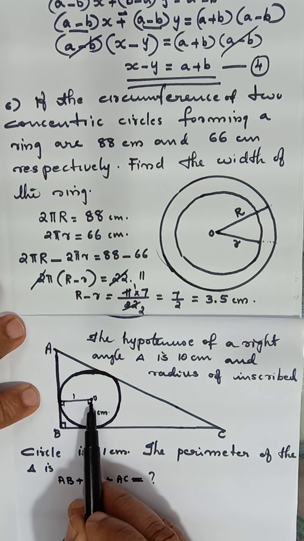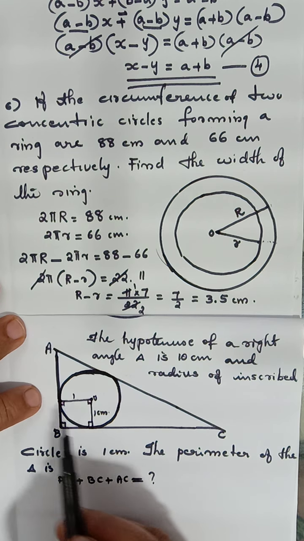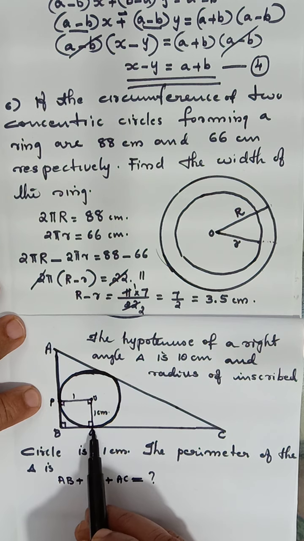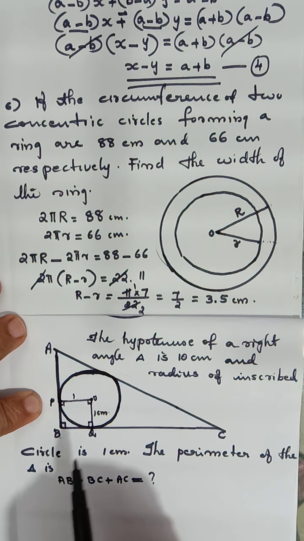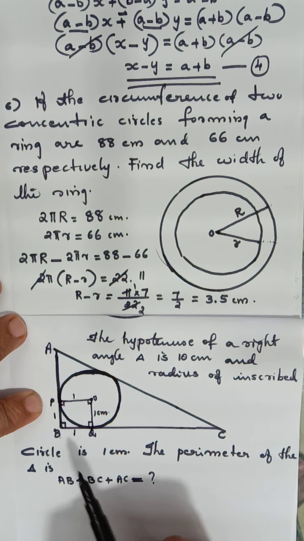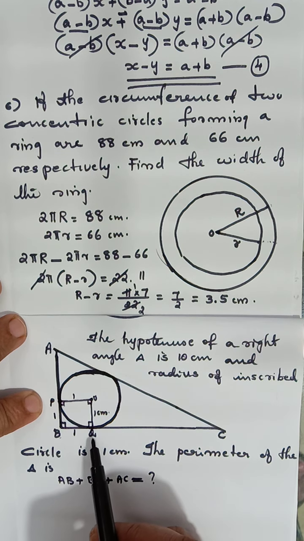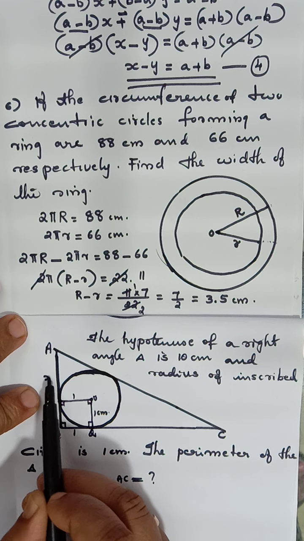Here again, I have to say that this is a square. We can mark P and Q here. OPBQ is a square. As it is a 1 mark question, you don't want to write all the steps. OPBQ is a square. Everybody might have understood. So if this is 1 centimeter, the side is 1 centimeter, all these sides are equal. BP is equal to 1 and BQ is also equal to 1. And we do not know what AP is. Let me take this as x.